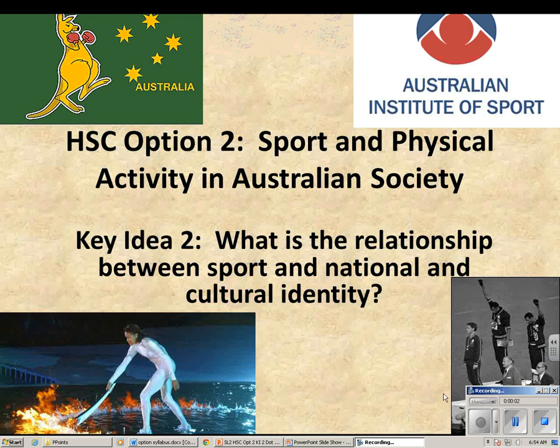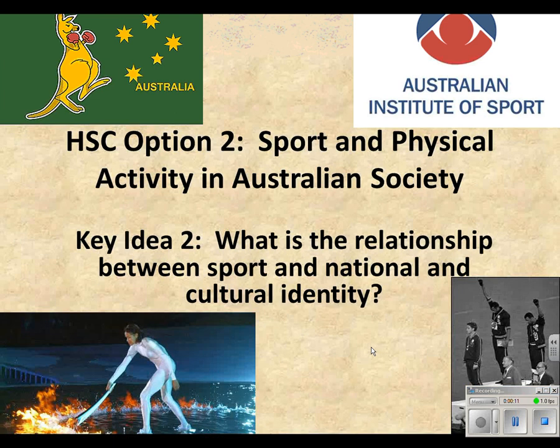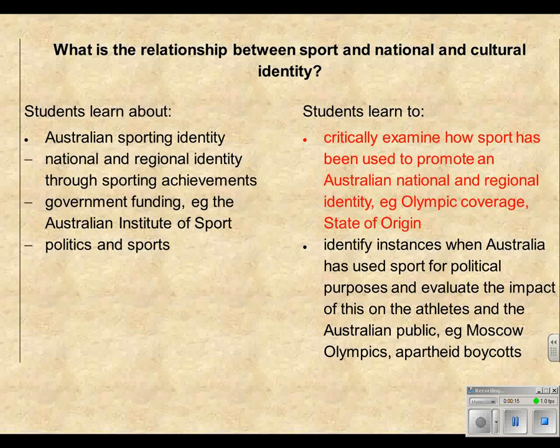This is HSC Option 2, Sport and Physical Activity in Australian Society. It's the second key idea. What is the relationship between sport and national and cultural identity? And this recording is focusing on the student learn to side of the syllabus and the very first question here,